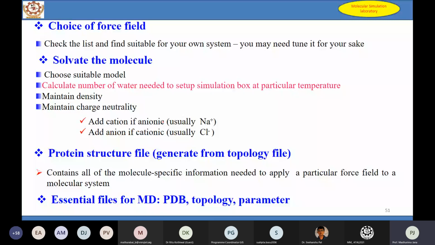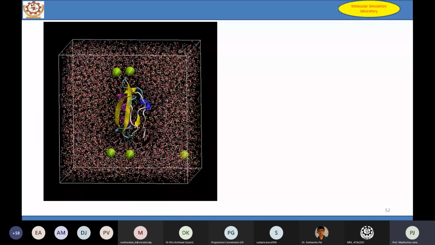So once your system is set up, you will get a system like this, where the protein is solvated with water molecules, and these are the counter ions present here. You can see a little bit of void space around the protein. Why is that? Because when you are solvating the protein in water or any solvent, you have to maintain some minimum distance between the solvent and the protein molecule. We keep a minimum of 2 angstrom distance to avoid hard contacts. Otherwise, during the minimization, an energy bump may occur and create problems. So whatever solvent molecules are present within 2 angstrom, we have to delete those. That is the reason you can see a little bit of void space around the protein.